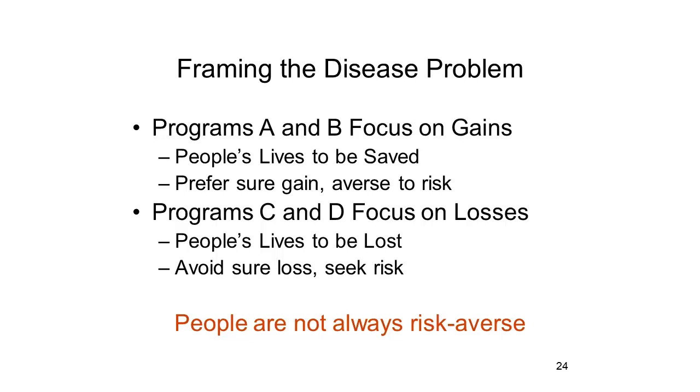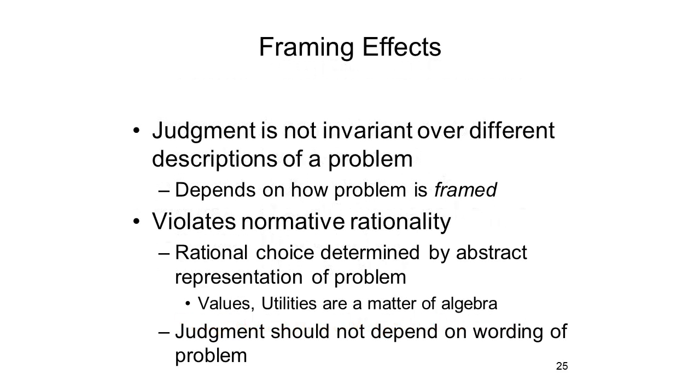People are not always risk averse. Something different, something more interesting seems to be going on. The first thing that framing effects tell us is that people's judgment is not invariant over different descriptions of a problem. How people will decide what choices they'll make depends on how the problem is framed, how the problem is worded. Again, as with sunk costs, framing effects violate normative rationality because a rational choice is determined by an abstract